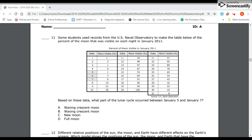Some students use records from the U.S. Naval Observatory to make the table below of the percent of the moon that is visible on each night in January 2011. Based on this data, which part of the lunar cycle occurred between January 5th and January 7th? A, a waning crescent moon. B, a wax